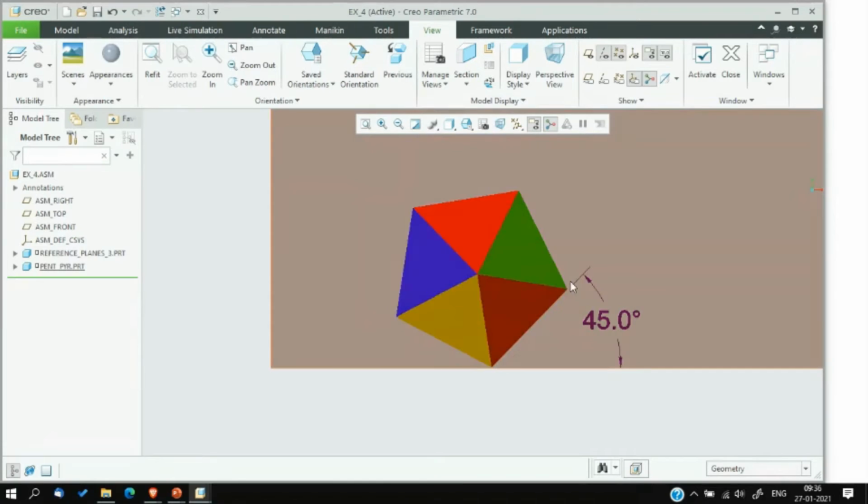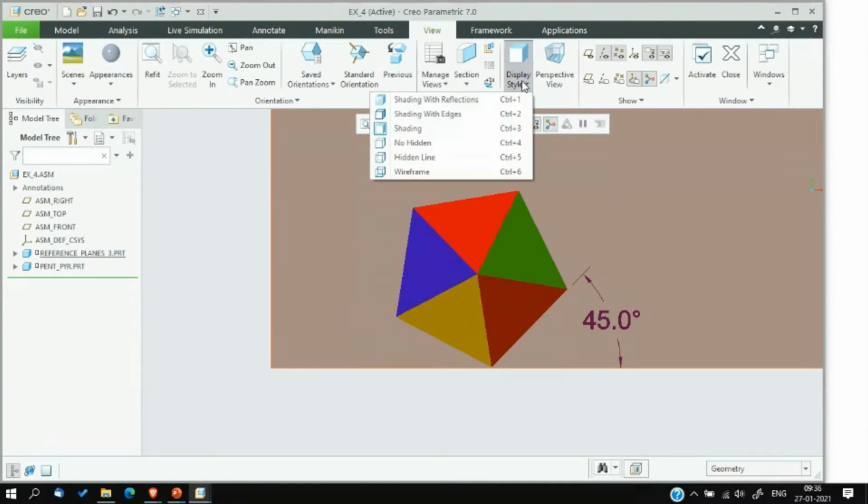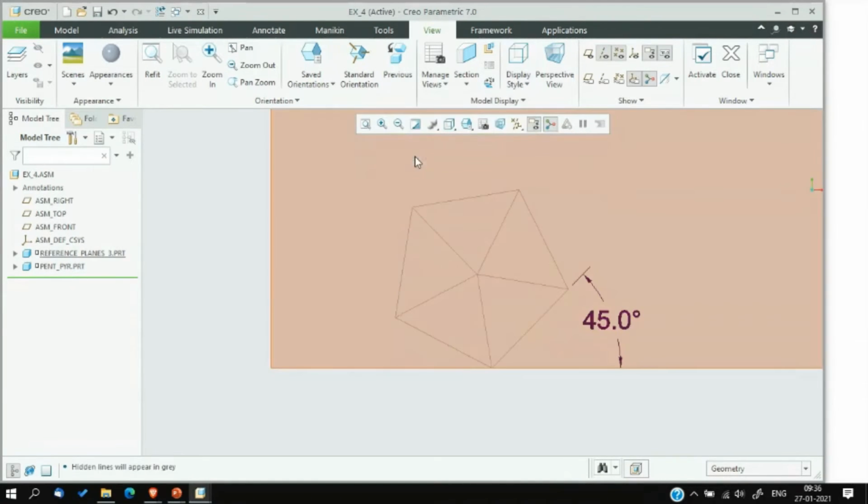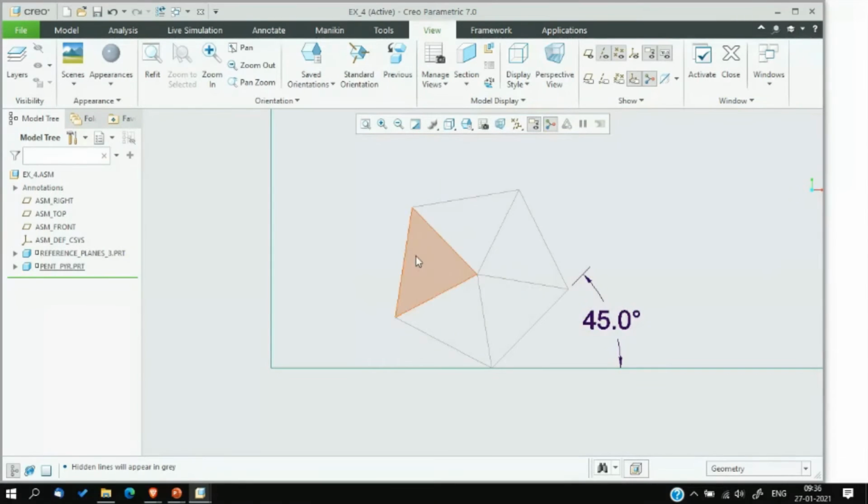Then, without the shading view, what you will be drawing will be like this, with all the edges visible. All these edges will be visible when you look from the top, with the condition that one of the corners of the base will be touching the XY line, and one of the base edges will be making an angle of 45 degrees with the XY line.